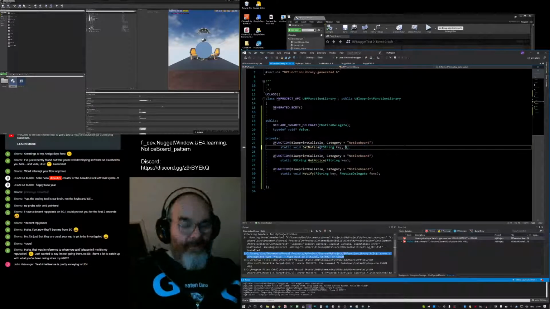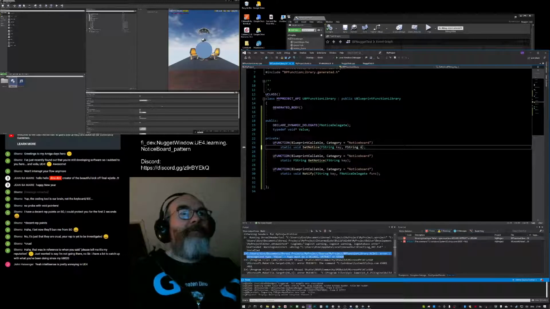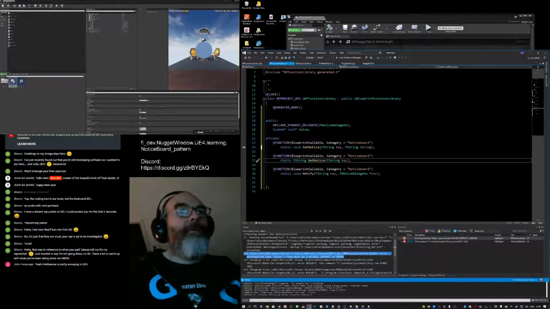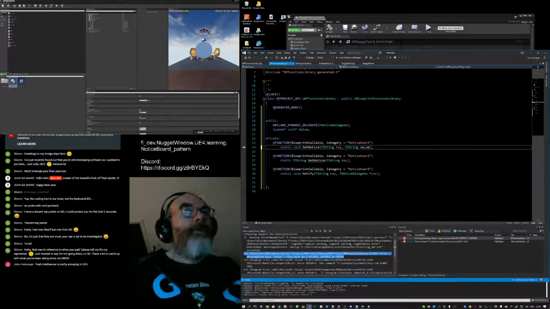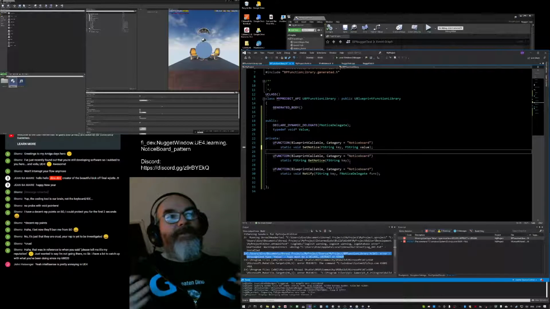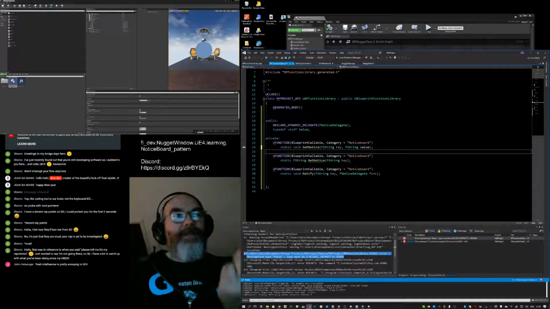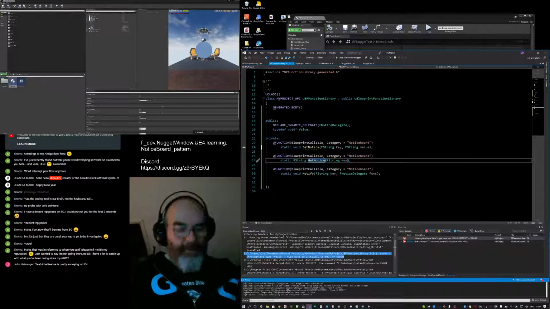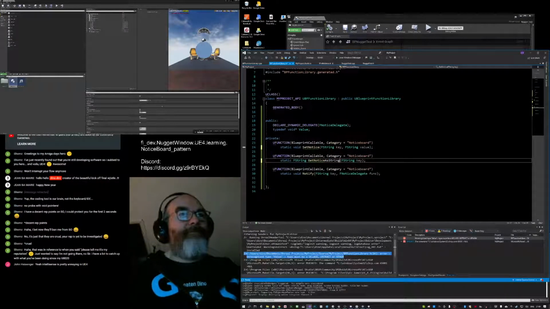I can use FString. Well, I call it value. So at the moment I'm creating an interface to set a key to a string value, which is set notice, and get notice, which I also need to as string.